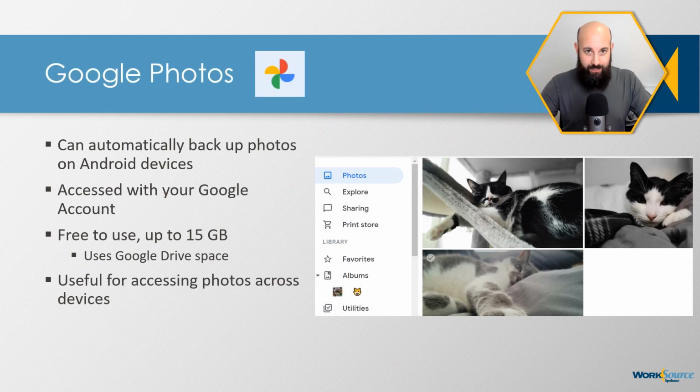Our next application is Google Photos. Now, Google Photos is another one of those applications that is usually pre-installed on most Android and Chrome OS devices. This is not typically the gallery of your phone, so don't get it confused with the gallery application. Google Photos is an application that allows you to back up the images on your Android device to your Google